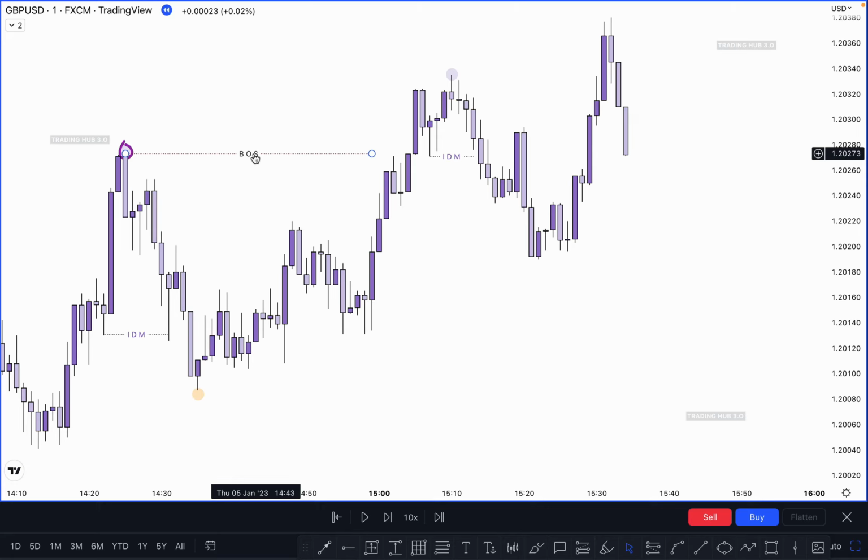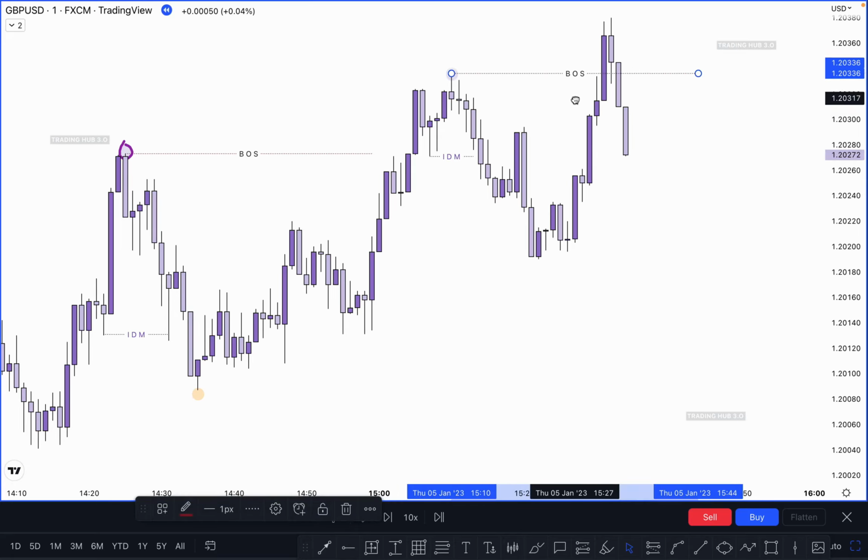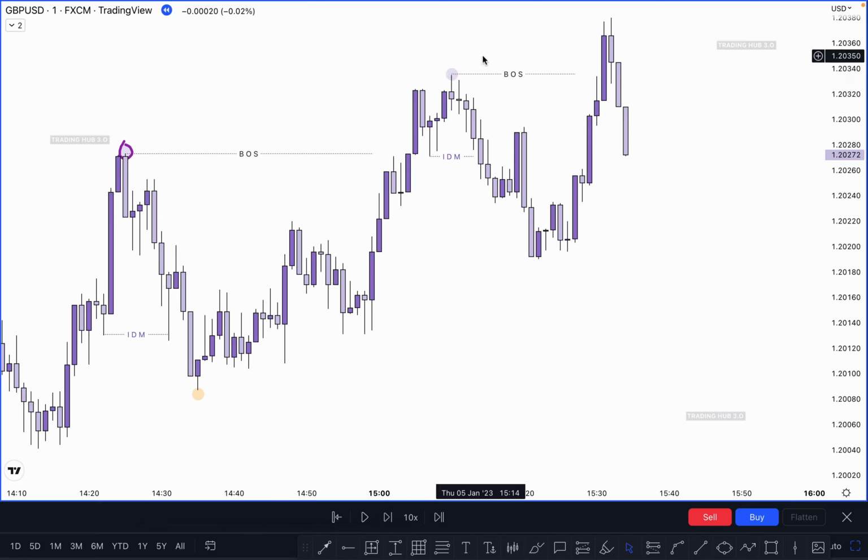You can see here the market breaks the previous high, which is here, and closes above it. Once the market closes above it, this becomes our valid break of structure. In this case, where is our higher low? Because this is our higher high, and the higher low will be confirmed when the market breaks the previous high. So this point becomes our higher low because this is the deepest and lowest point in this move. So this is our higher low, not here, because this is our lowest point, and the market pushes higher, breaks the